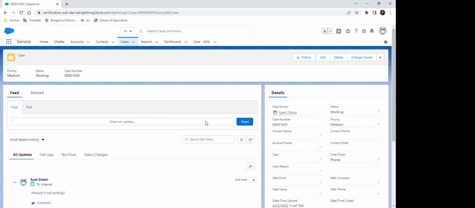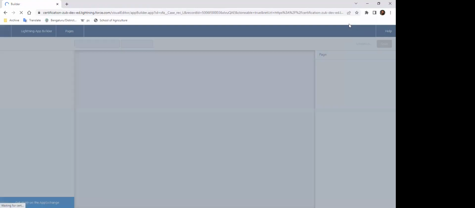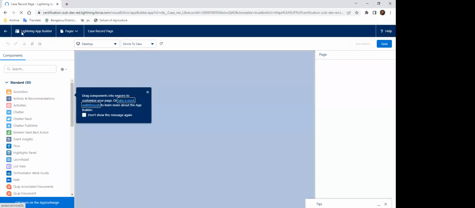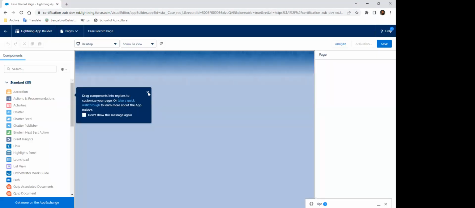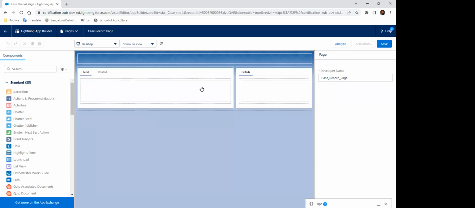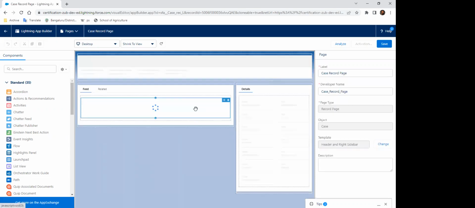Now comes up a requirement saying, hey, this looks very plain to me. I need to have more fields, or I want to customize it a little bit more, right? So that's where the admin comes in, and what they do is make a few changes to this UI. So I just click on the gear icon, click on Edit Page. It will land you in something called Lightning App Builder. So Lightning App Builder is a placeholder where you can make a lot of changes to this particular case